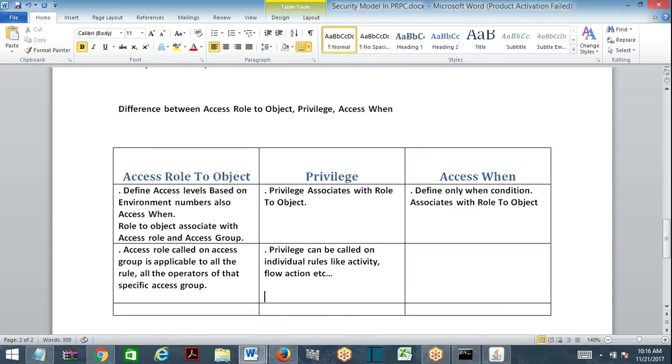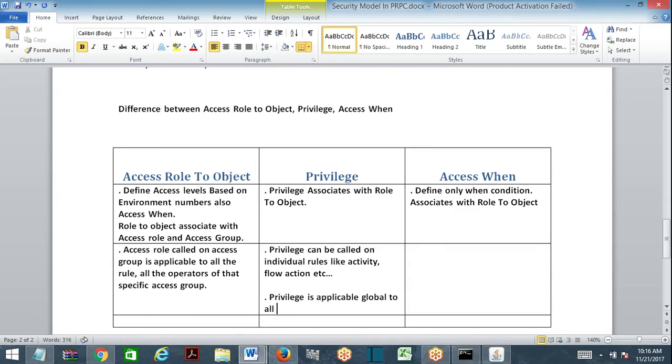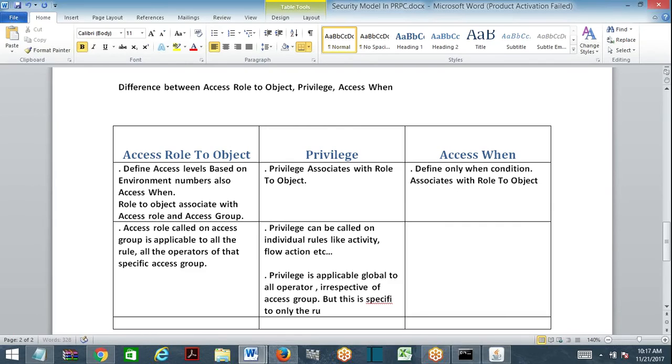Now tell me, privilege is applicable globally to all operators irrespective of access group, but it is specific only to the rule on which we call it.